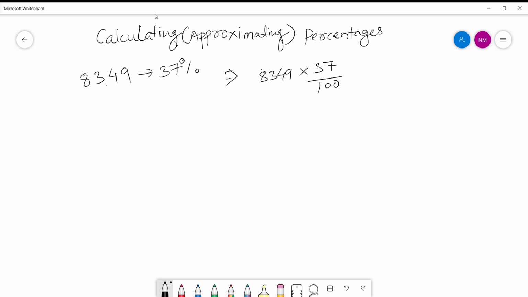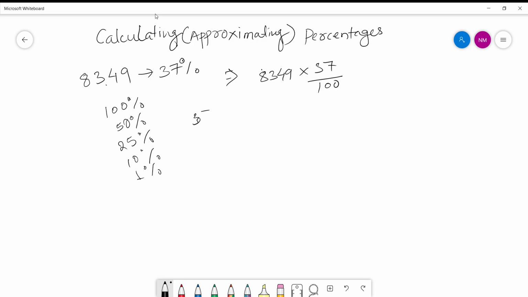You have to understand that for any number, what are the easiest percentage values that you can calculate. The first is 100%, which is the number itself. 50%, which is the number divided by 2, so you can easily divide a number by 2 and get it. 25%, which is the number divided by 4. And 10%, which is the number divided by 10. And 1%, which is the number divided by 100. So using this combination, you can get most of the percentage values.